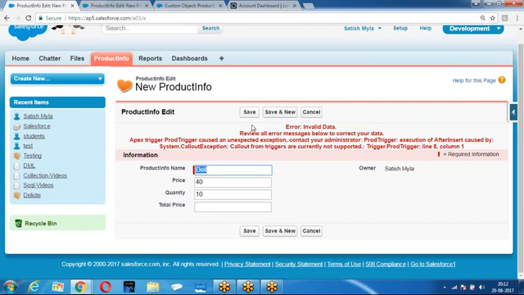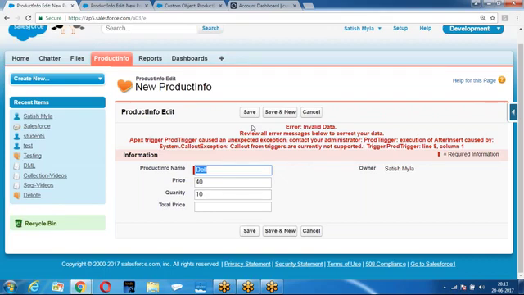Any long-running operation should not be done in a trigger, which is an automated operation performed by the system at the back end. You already clicked on save, and the system is running the logic in the trigger. But if the logic takes more time, the entire trigger operation takes more time, which gives a performance issue. That is the reason the trigger says, I don't support any synchronous web service call.